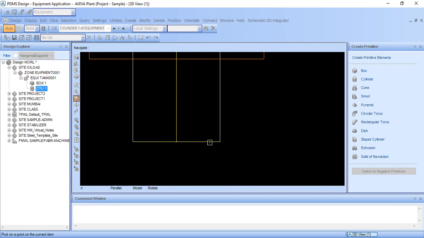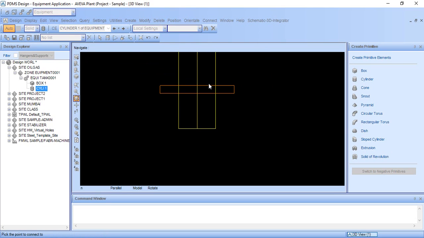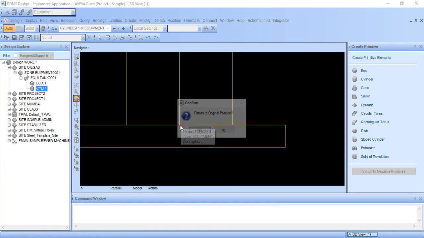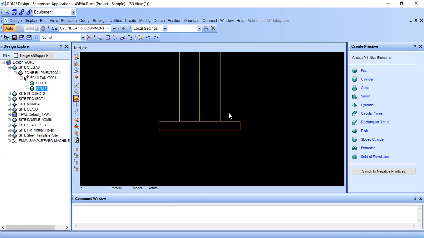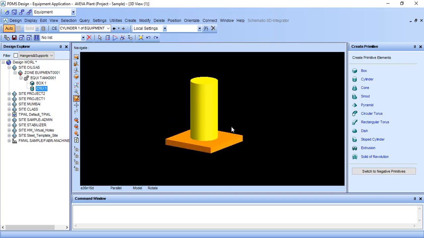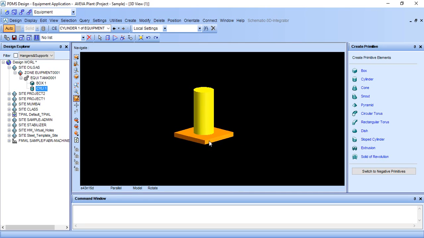Just click the bottom surface of the cylinder, and here the point matches, and releasing the button, go to this surface and match and drag the point to this point and release the button. It is asking if you want to return to the original position. No, I don't want to return to the original position. So it comes like this, and to come back to graphical view, you should press F8 button. So it will be seen like this.